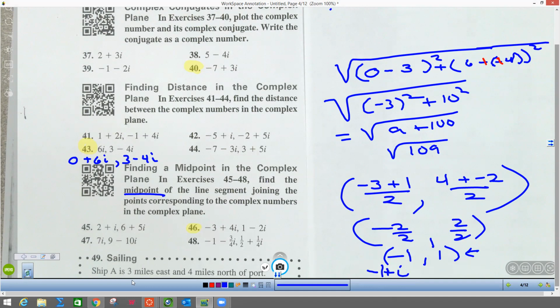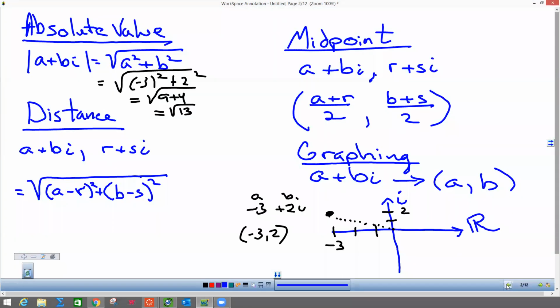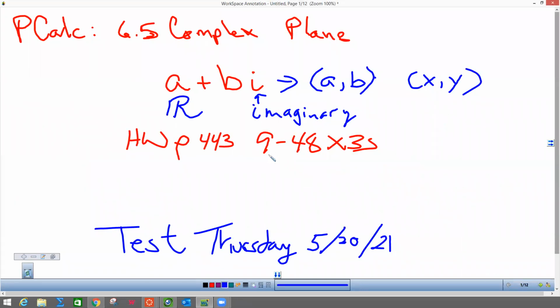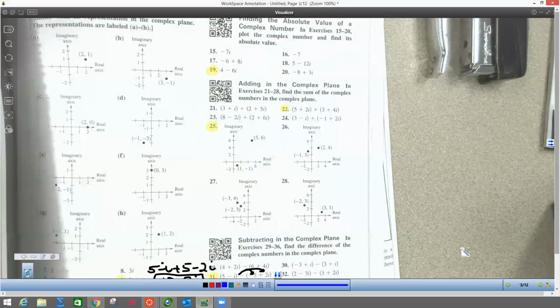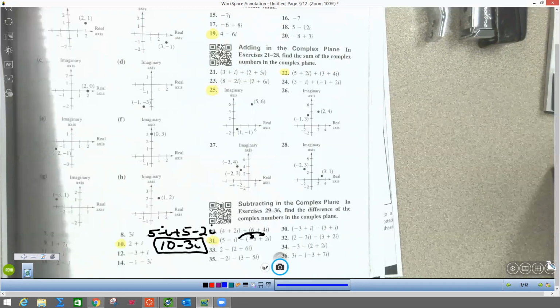Question? All right, so I'm going to go back to the original problem, the original part that was up here. I hope you all wrote down, you're supposed to do 9 to 48 by threes on page 443. And I'm going to put up that first page. You're starting with number 9. So number 9 is down here at the bottom. You've got to match it with the graph. If you don't have your book, I'm going to leave this thing here. And I'm going to shut off this recording and go ahead and